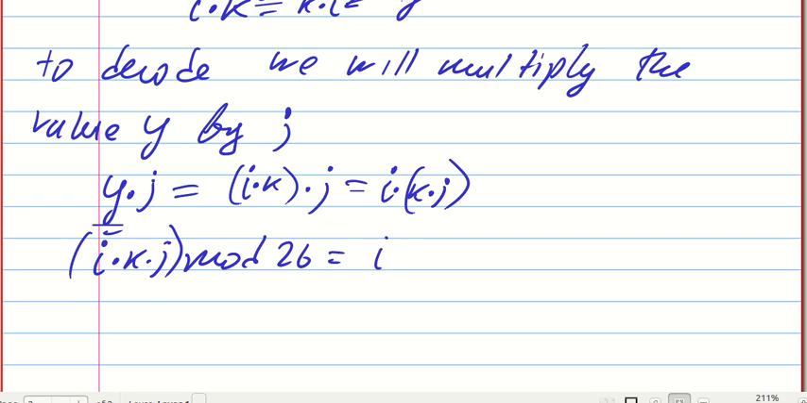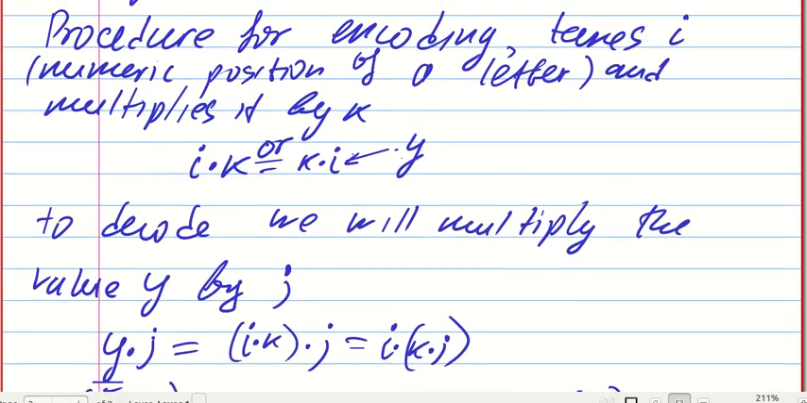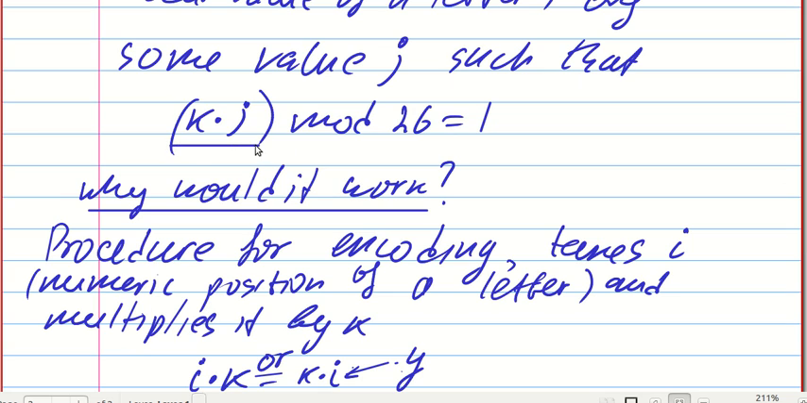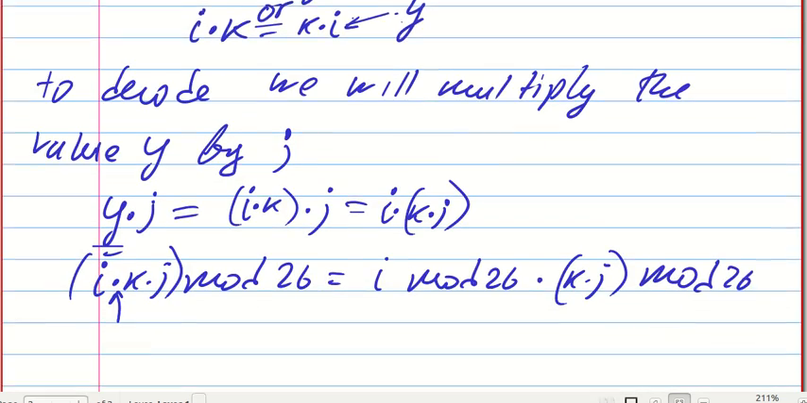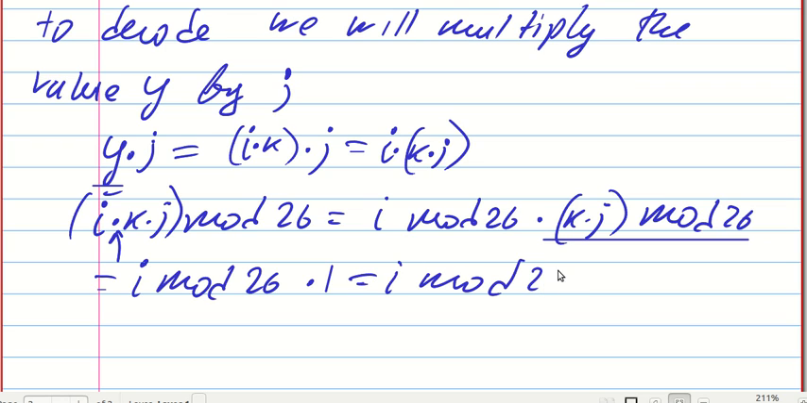So this is I mod 26. Remember, we learned this rule. We can split it using this multiplication rule that we learned, times k times j mod 26. But we assume that k times j mod 26 is just 1. So this term over here is just 1. So we're going to get I mod 26 times 1, which is I mod 26, which is I, because I is less than 26. And this is the original